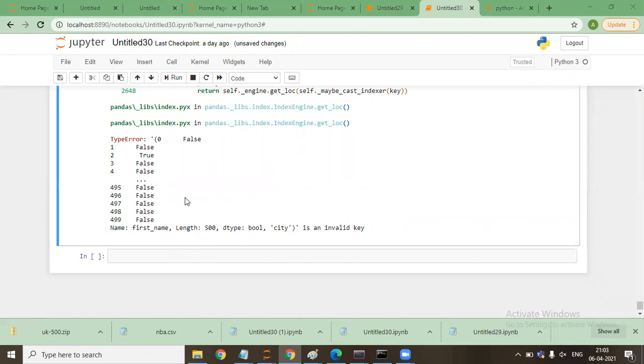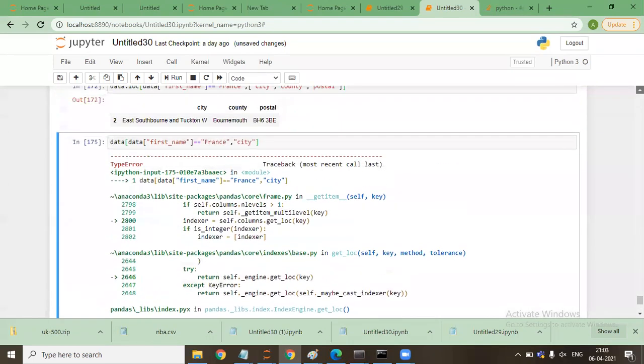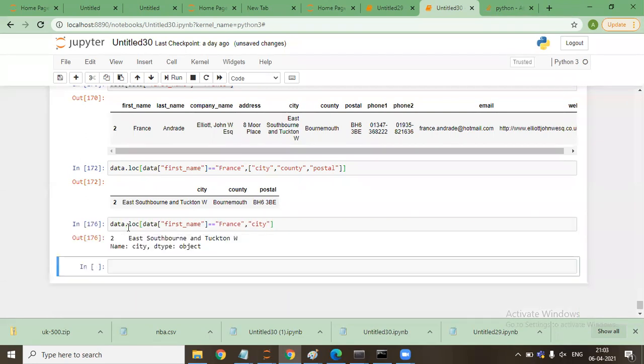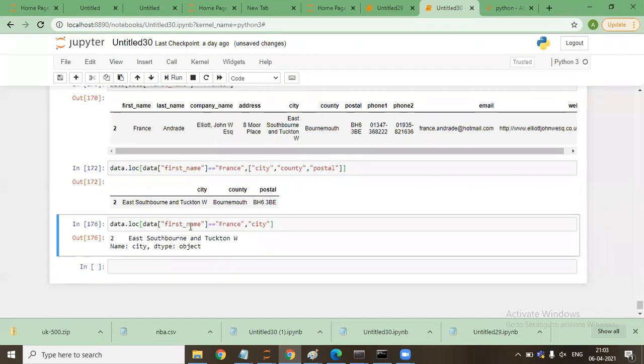Comma city, it is an invalid key. Why? Because when we specify in this format, say data, it should be either loc or iloc when I use this format, comma row, comma column. So if I say dot loc, then it will give me this value: city of the person where the first name is friends.